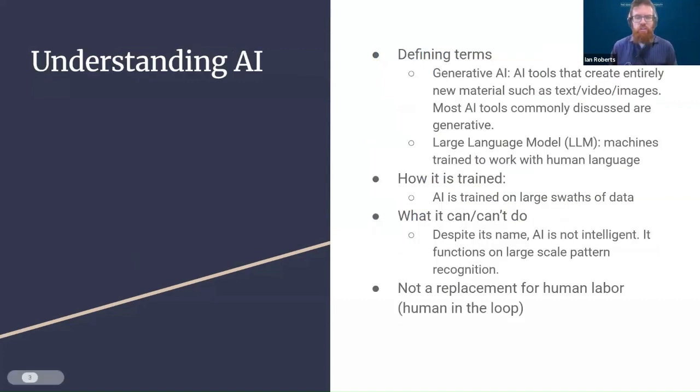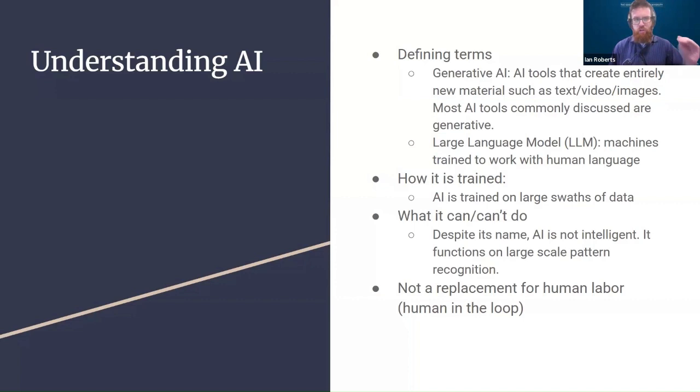So let's start with defining our terms. You probably heard various definitions, but again, to make sure we're on the same page, AI is when a machine performs a task that usually requires human intelligence. That could be programming, reading and writing human language, creating art. That's the general umbrella term. Generative AI, Gen AI, is what a lot of people think of when they think of AI. They create text, images, videos. Pretty much everything we're discussing today is going to be covered under Gen AI.